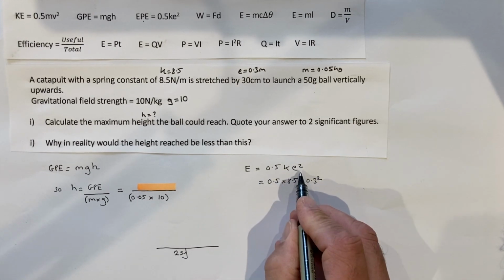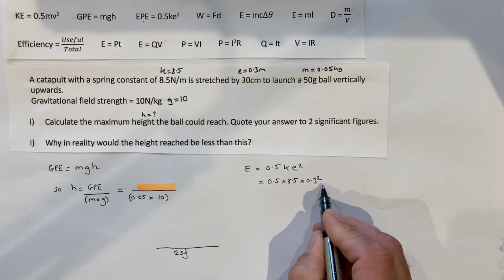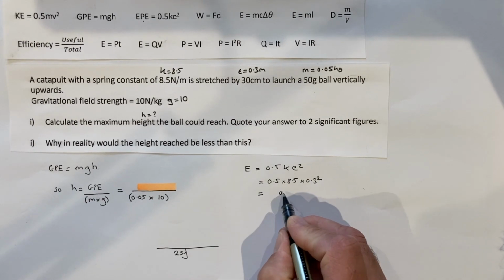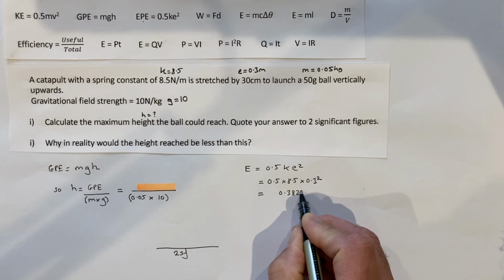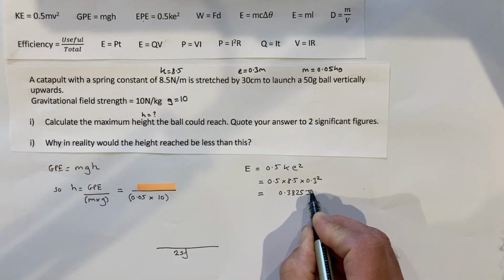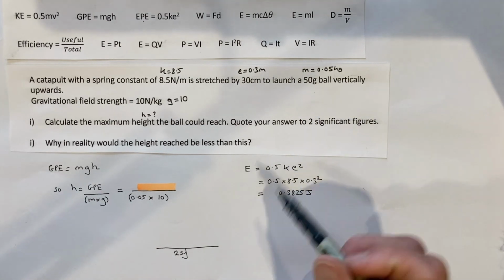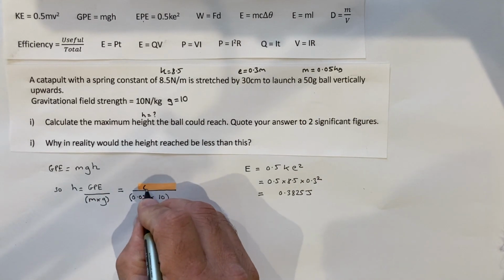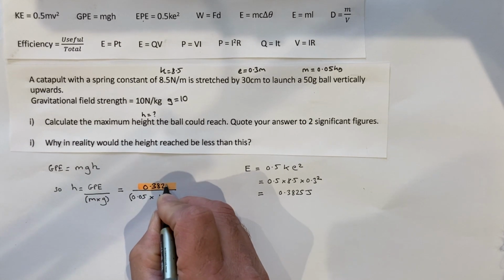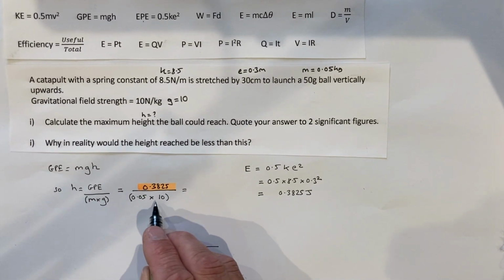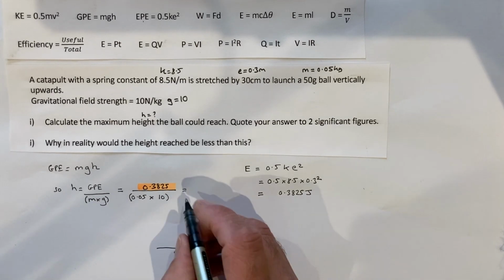Really important you write the equation down first, because of the amount of people that forget to square that. And that gives us 0.3825 joules. So that elastic potential energy was converted into gravitational potential energy, which I can now put in here. And that divided by mass times gravity in brackets gives us